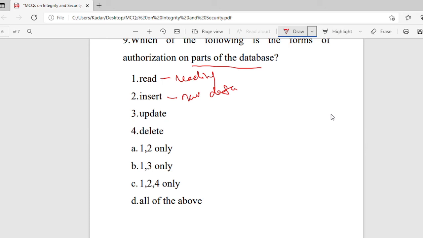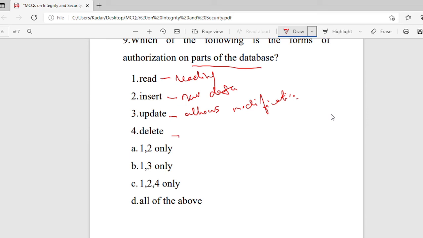Then the third one is the update authorization. This one allows modification, but not deletion of data. Then the fourth one is delete authorization.